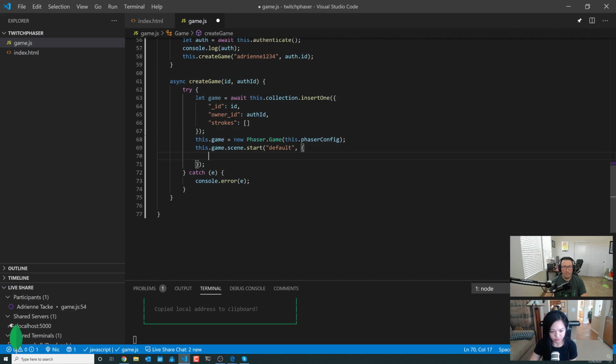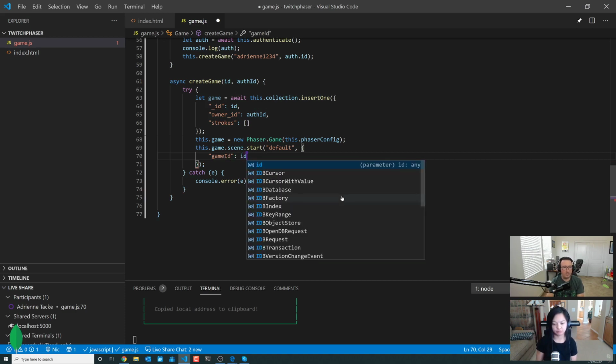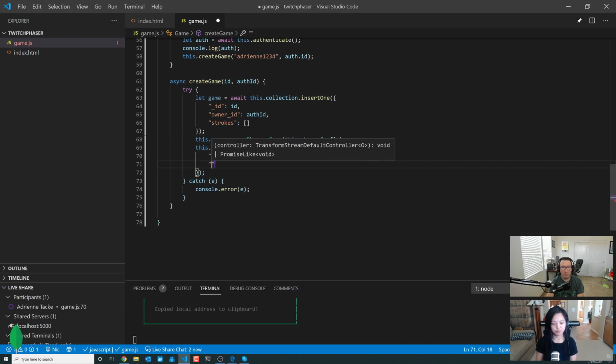Okay. So what would this be? Would this be like some of the config stuff we have up top? Yeah, so because we know that we're going to have to obtain data and even update data inside of this document that we just created, it's probably a good idea to pass in the ID of the game here. And rather than just calling it something universal like ID, maybe we call it something like game ID. Okay, that makes sense to me. And this could be, in this circumstance, ID. We probably want to pass around the collection because I'm not going to have access to this .collection. So let's go ahead and say collection.